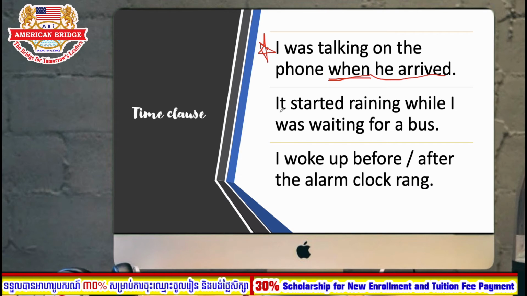Example number 2: it started raining while I was waiting for a bus. So can you identify which part of the sentence is the independent clause and which part is the adverb clause? Okay, so the first part of the sentence right here is the independent clause. "While I was waiting for a bus" is the adverb clause, and it functions as a dependent clause. So we have the word when, which is used to introduce two actions that are happening at